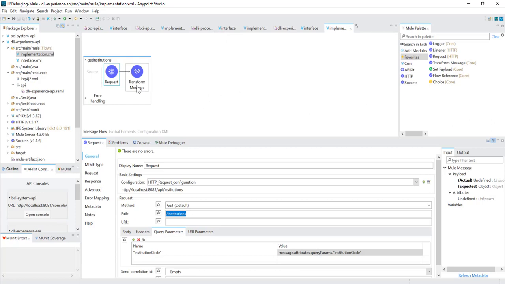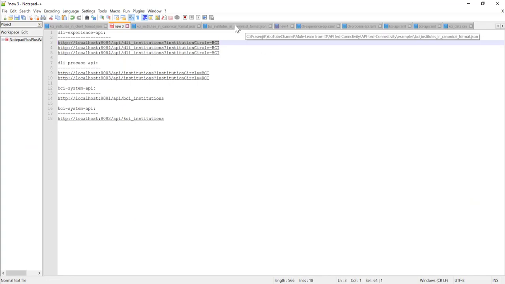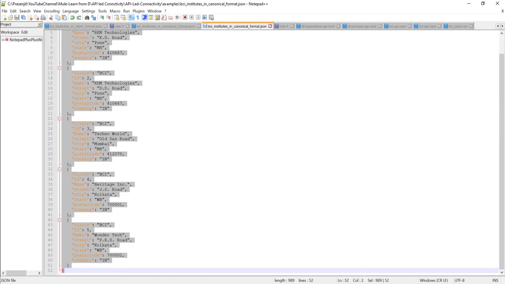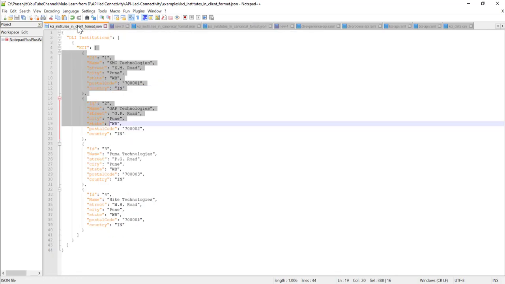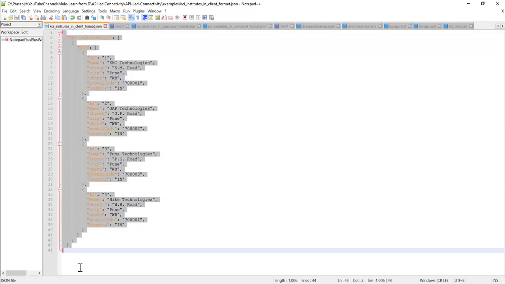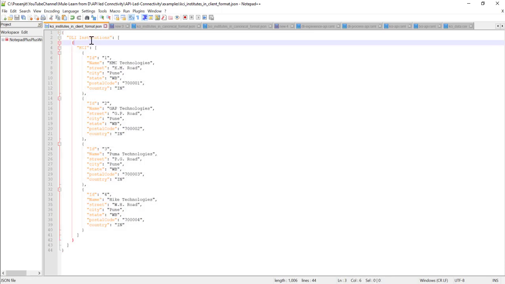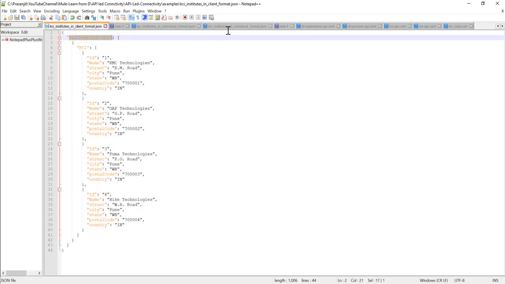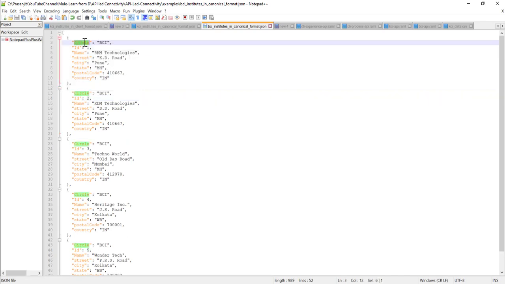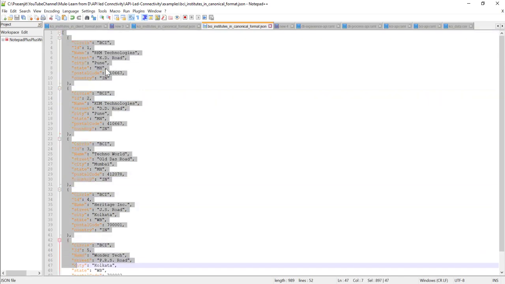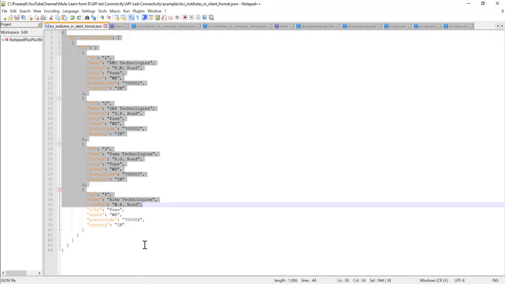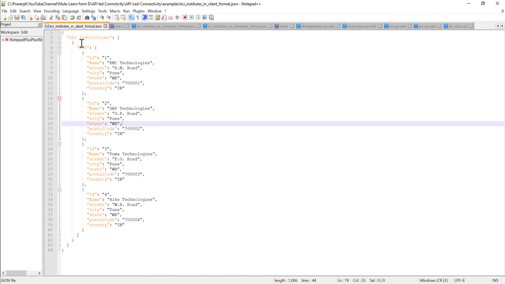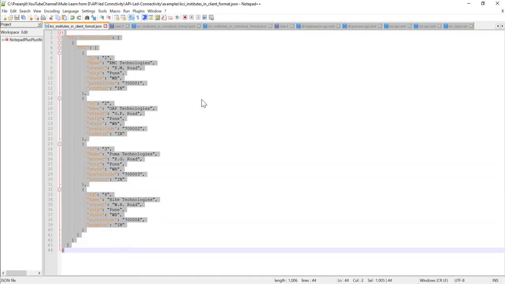See here, it is calling the process API, and then the process API will internally call the system APIs, as we have seen, right? And now we have also mentioned that the process API is generating the canonical format. This format we have already seen, right? But what is the format expected by the client? See, this is the format expected by the client. So if you see, this is something different, right? The canonical format has a different layout, and the client is expecting a different layout, though both are in JSON format, the layout is different, right?